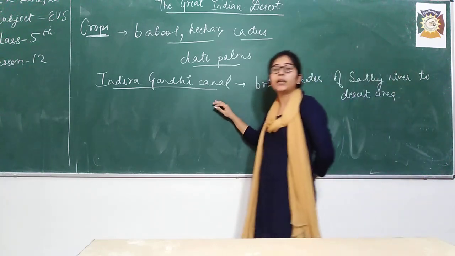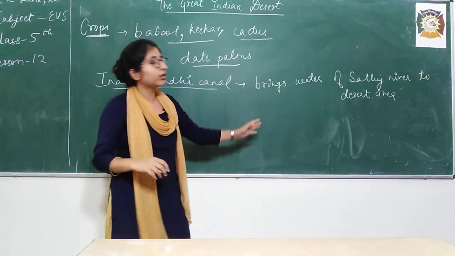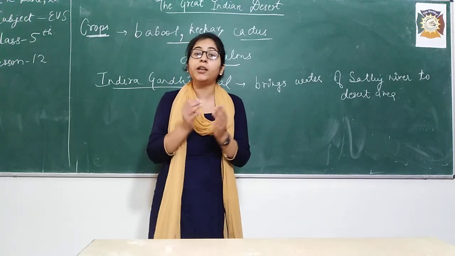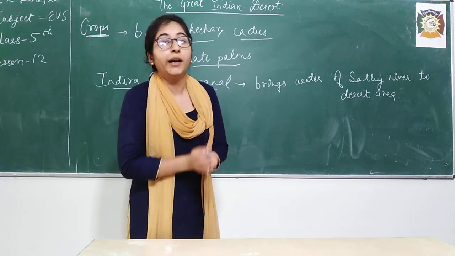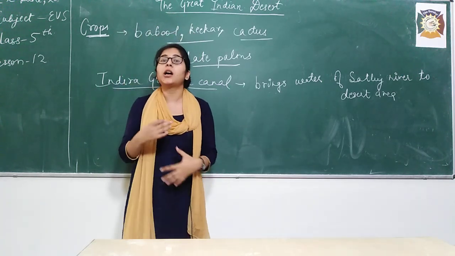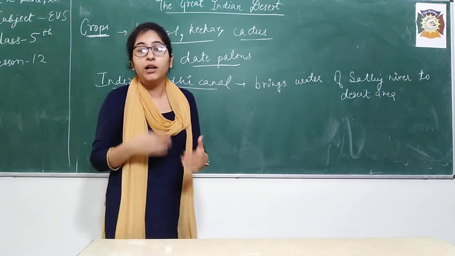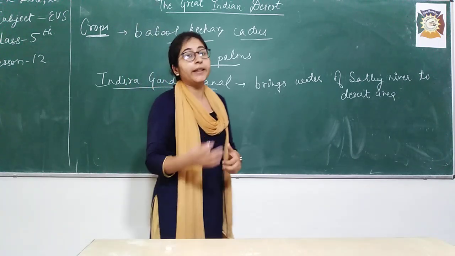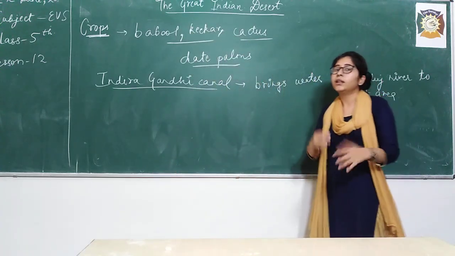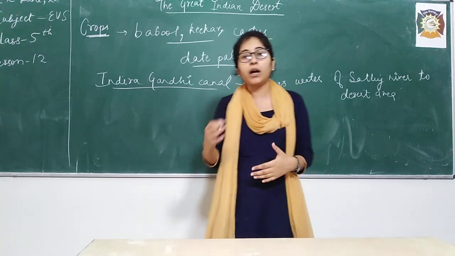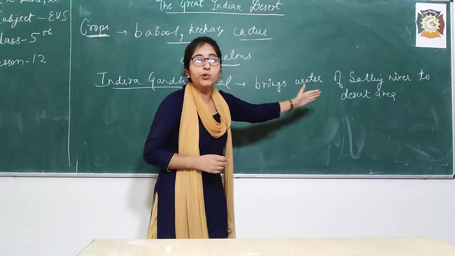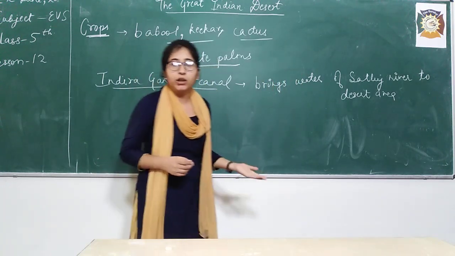Now, when this canal brings this water from Satluj to the desert area, it combines with the sandy soil of the desert, right? And it makes the soil very fertile. Fertile means the soil becomes good. Then the soil is good for cultivation. It is good for vegetation. Then people can grow crops here, okay? Because they also need food. They need crops like wheat, maize, barley, right? For their living. So this canal brings water from Satluj to the desert area for growing crops.